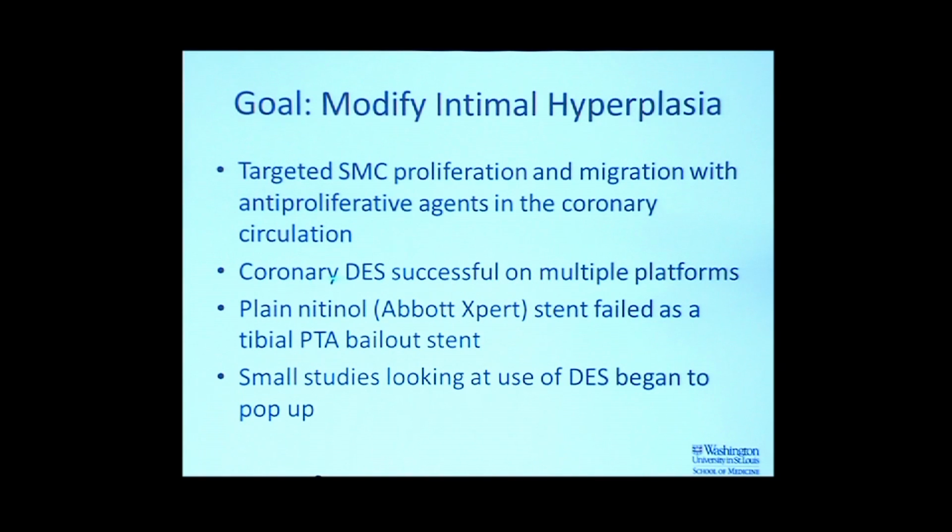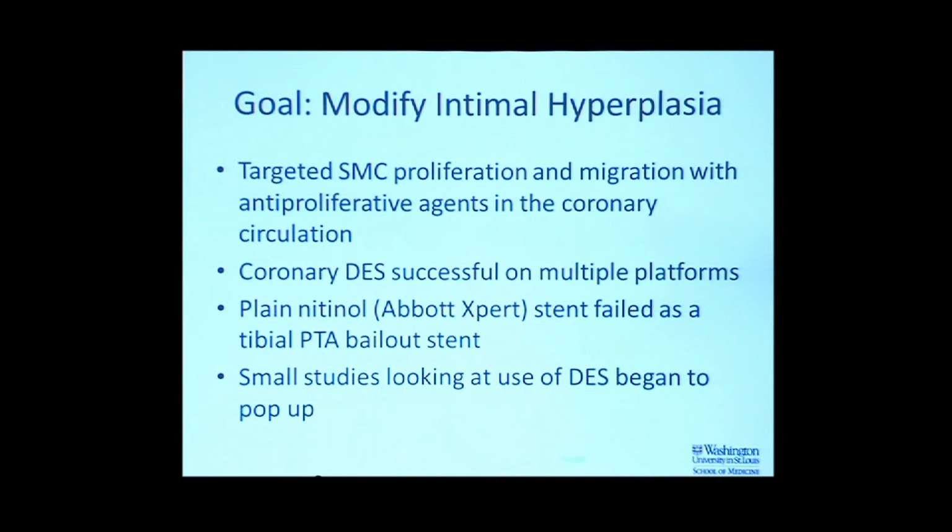And a trial was conducted looking at this as a potential tibial bailout stent, and was just kind of disappointing. The patency rates, primary patency, I think was just under 50% a year, if I'm remembering correctly. And that kind of faded away. But in the interim, to take us off that drug-coated balloon track for a moment, studies, single-center experiences